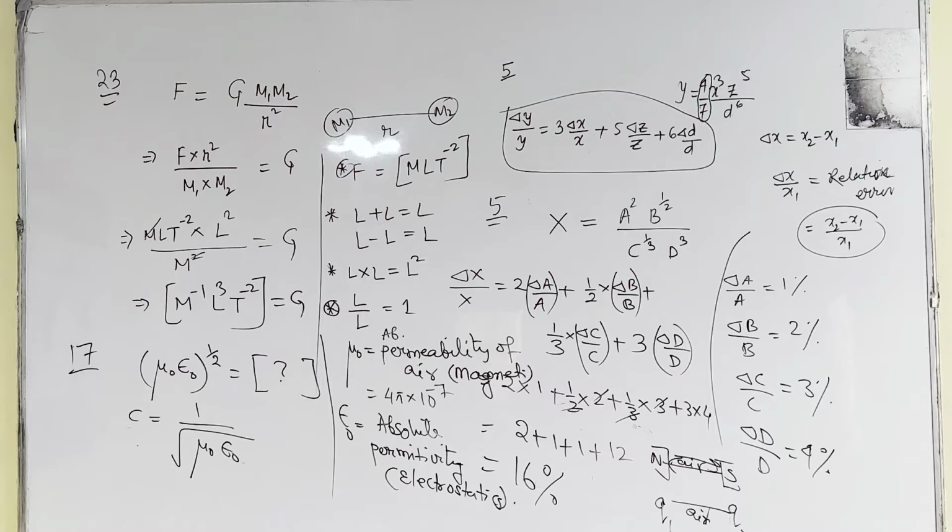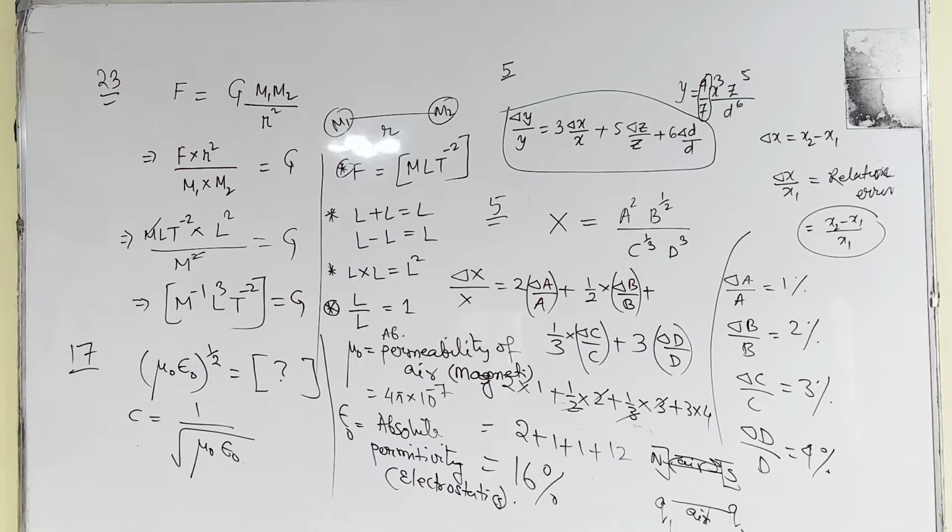If the propagation of a wave requires a material medium, then it will be known as a material wave or mechanical wave. And if it doesn't require any material medium for propagation, then it will be known as an electromagnetic wave, such as light. Light is also an electromagnetic wave. It doesn't require any specific material medium for its propagation. So this electromagnetic wave consists of electric field and magnetic field.